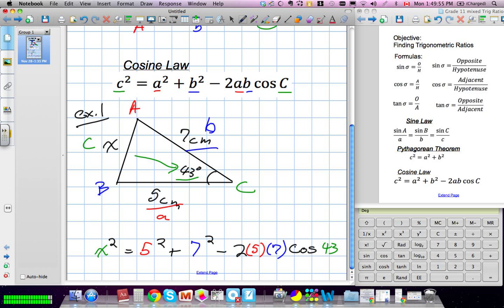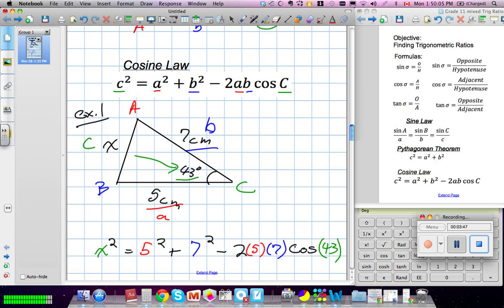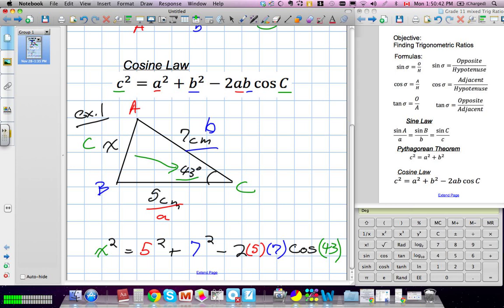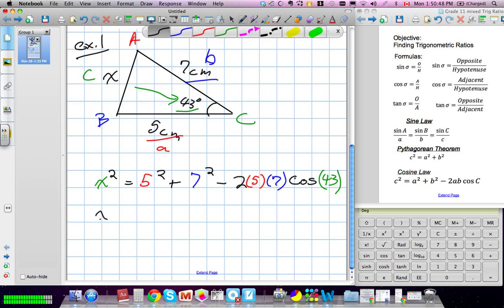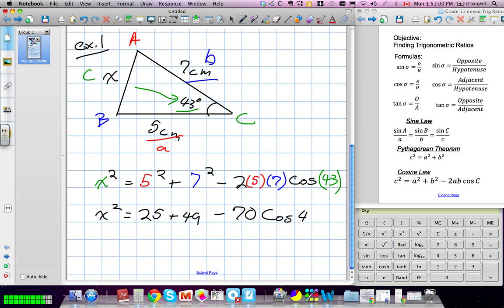Now, this formula is a tricky one. Most people will make a mistake along the lines here. We're going to go through the process where you'll make the mistake. So, we'll continue through this question. We have x squared is equal to 25 plus 49. Subtract 3570 cos 43. We're going to keep going here. X squared is equal to 74